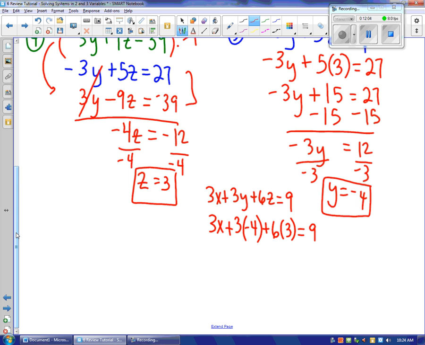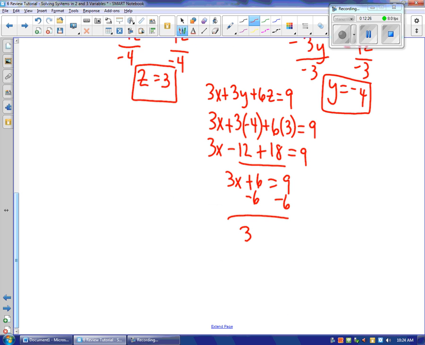And so when I simplify, I'm going to have 3x, 3 times negative 4 is negative 12, 6 times 3 is 18, and that's going to equal 9. I'm going to go ahead and combine my numbers, and that's going to be 3x. Well, negative 12 plus 18 is 6, and that's going to equal 9. If I subtract 6 from both sides,